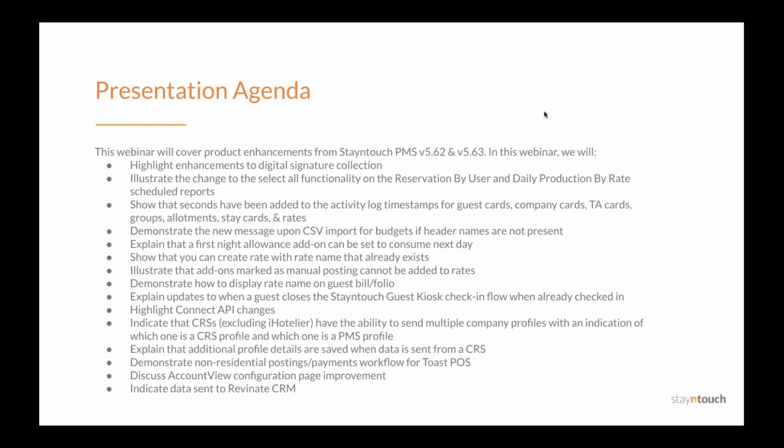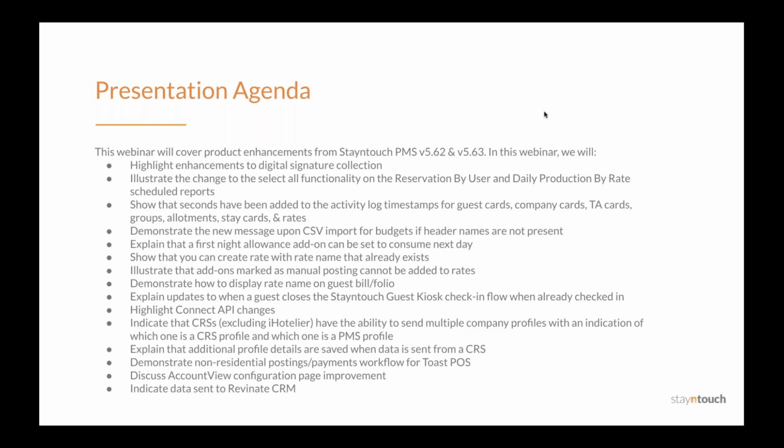demonstrate the new message upon CSV import for budgets if header names are not present, explain that a first night allowance add-on can be set to consume next day, show that you can create a rate with a rate name that already exists, illustrate that add-ons marked as manual posting cannot be added to rates, demonstrate how to display rate name on the guest bill and folio, explain updates to when a guest closes the Stayntouch guest kiosk check-in flow when already checked